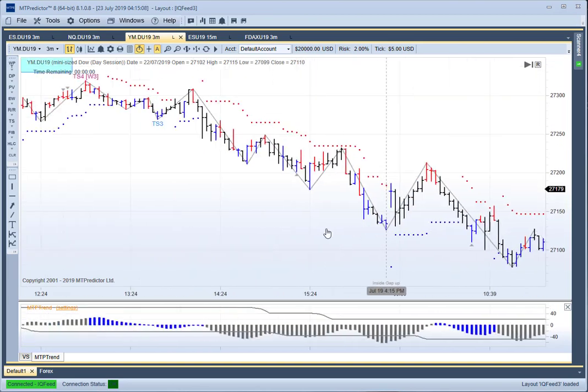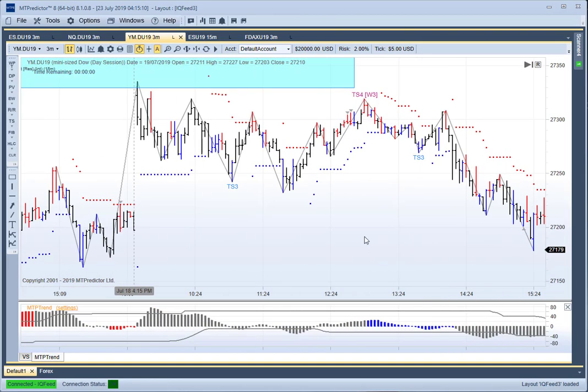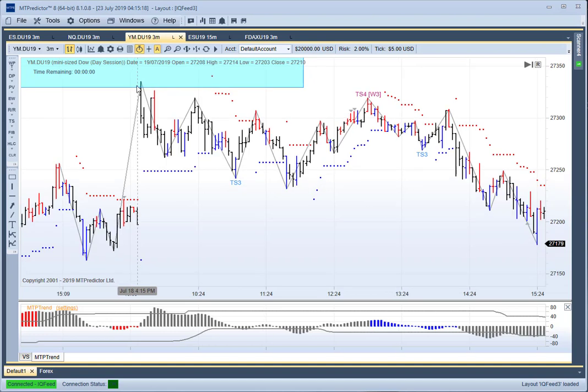Well, for you guys who've been following us for a while, you'll know we then look to see whether the market makes a meaningful reversal at that level, which, as you can see here, here's our 15-minute resistance. You can see it there. The market did make a meaningful reversal off that resistance. Our MTP trend went grey to show you it was in the process of making a reversal, and the market started to come down. So at that point we can then deem that the market trend is down.